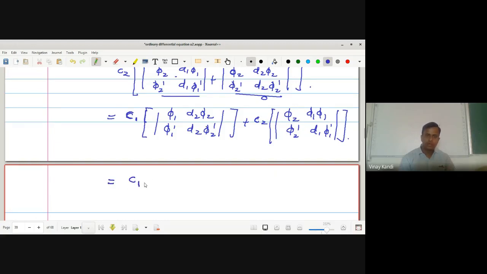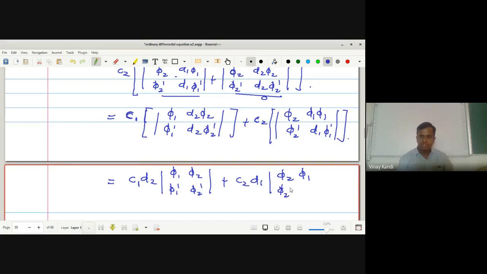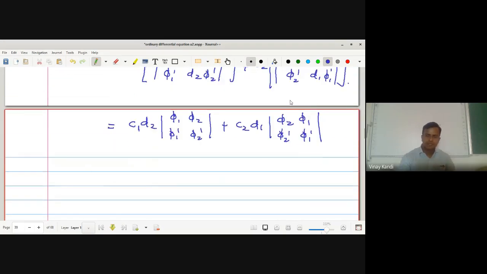C1. Now take d2 common here. D2 into determinant phi 1, phi 1 dash, phi 2, phi 2 dash, plus C2 d1, the first determinant phi 2, phi 1, okay, and phi 2 dash, phi 1 dash. Okay, so which is equal to C1 d2, the first determinant phi 1, phi 2, phi 1 dash, phi 2 dash, plus C2 d1,